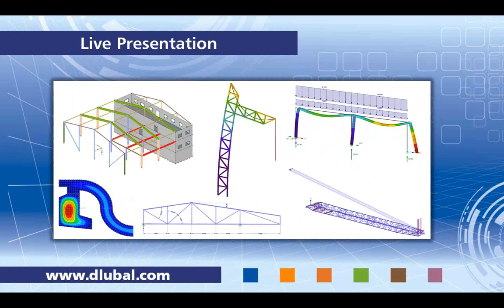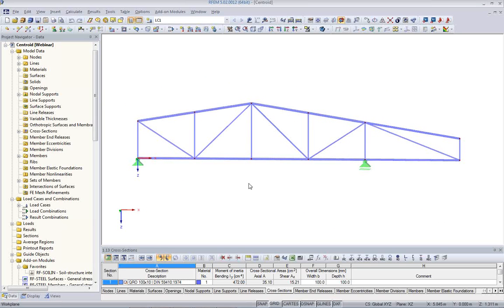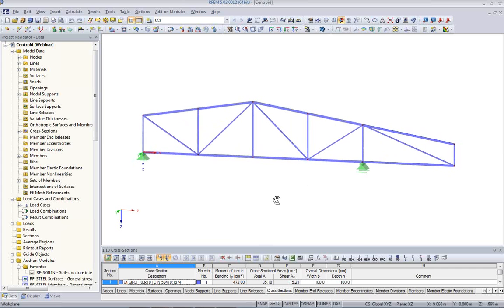We'll right away go into the live presentation and I will switch to RFEM just now. In RFEM, I will show you today some, what I think, helpful things. We will not be able to cover everything, but we'll have quite a good selection of it. The first feature I want to show you is about